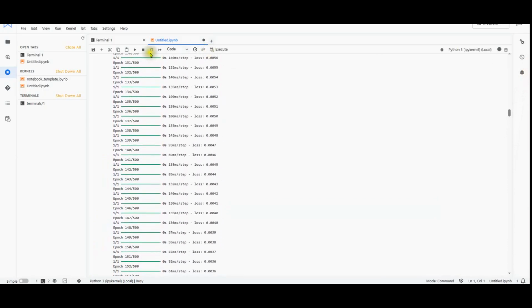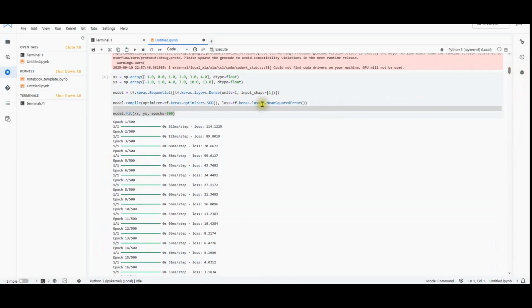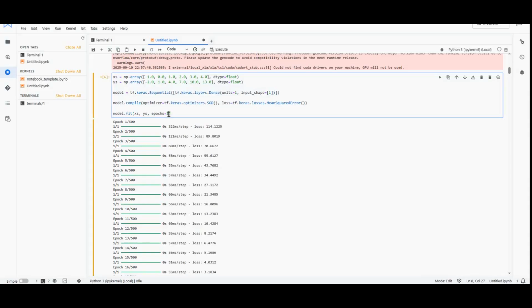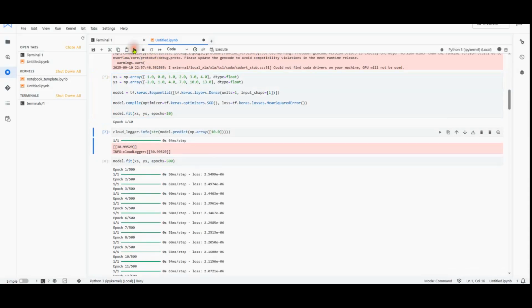You can also stop the training by clicking stop as well. Say you want to change it to maybe 10.